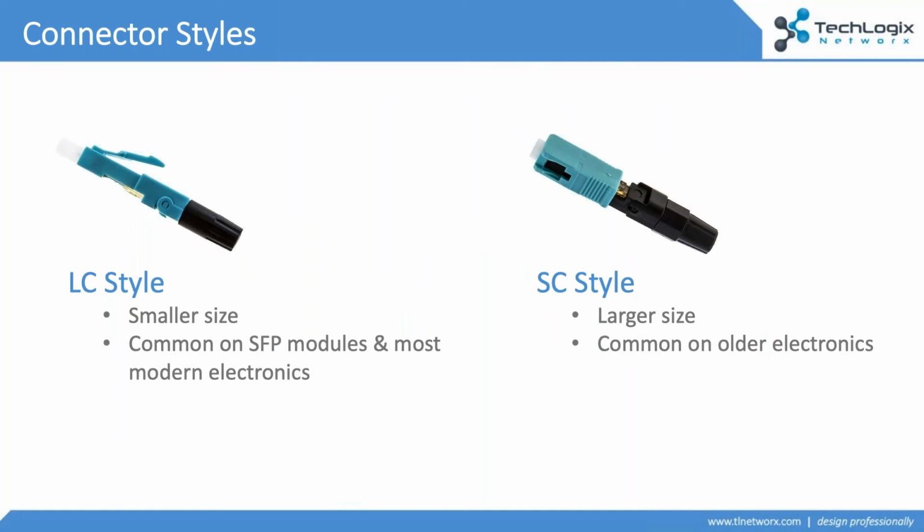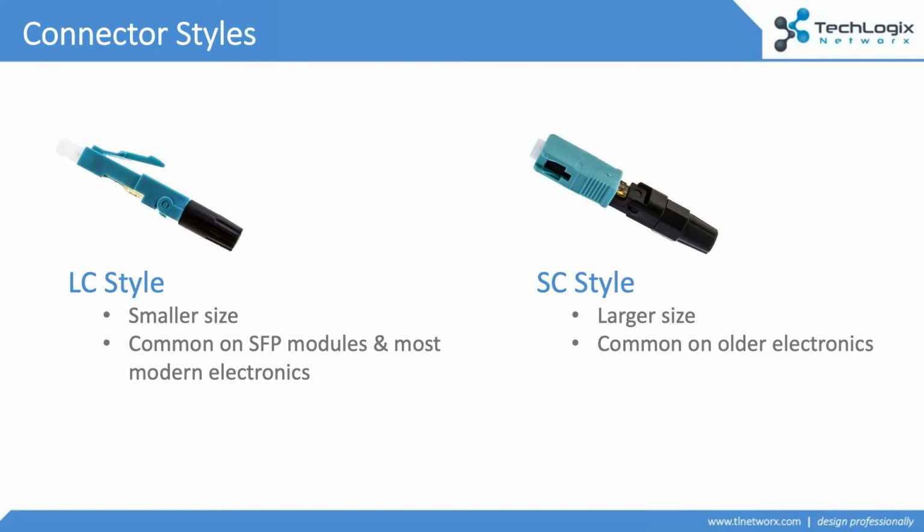The difference between the two is really the size, okay? They're going to perform the same optical characteristics, same bandwidth. They even terminate in an almost identical manner. And if you can terminate an LC, you can terminate an SC and vice versa. Same process. But the LC style, being a smaller connector, is what you're seeing now on most devices. This is the kind of connector you're seeing on SFP modules, which are what go in the network devices out there. So an LC connector is, odds are, what you're going to be using on most modern electronics,